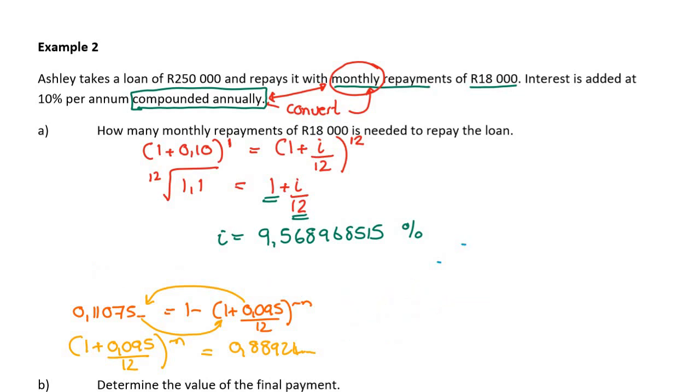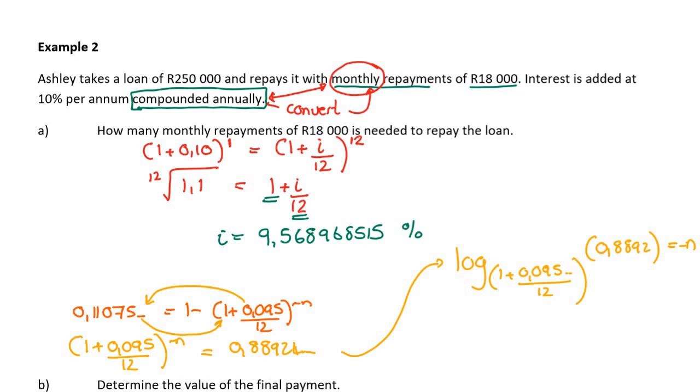Okay, now I would probably use the definition of logs. Now don't forget you're solving for negative n now. So I would now say log base 1 plus 0.0, which is going to be annoying because I'm going to have to write down a whole bunch of decimals, divided by 12 of my answer, which is 0.8892, will equal negative n. So use your answer button for that 0.88,